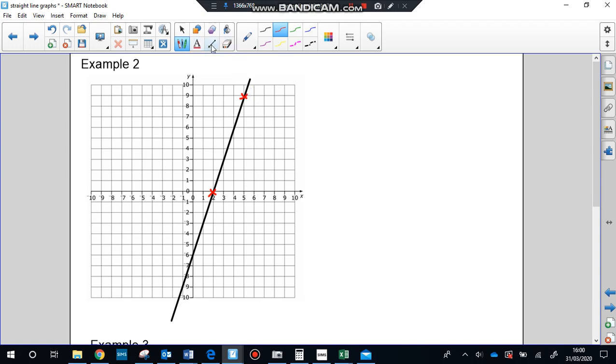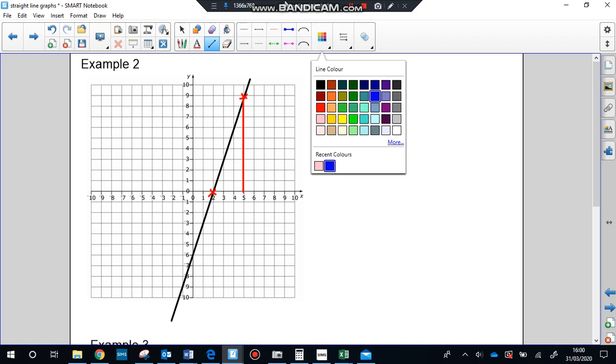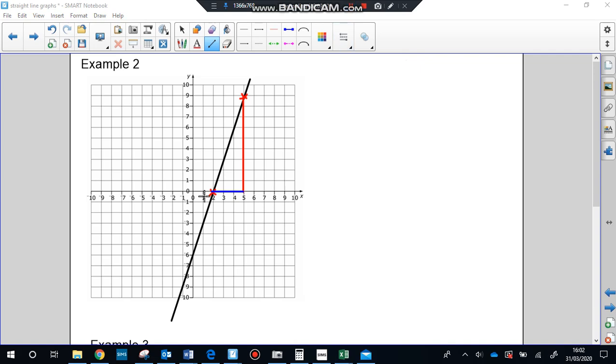So I'm going to get my ruler. I'm going to draw in a line across where the red line came down. Let's do the red line down, and then I want a blue line. Okay, so I've got my triangle drawn in here. So the height here, the red line, goes